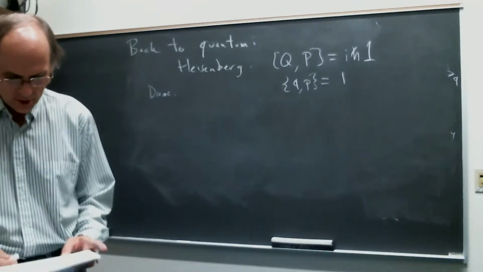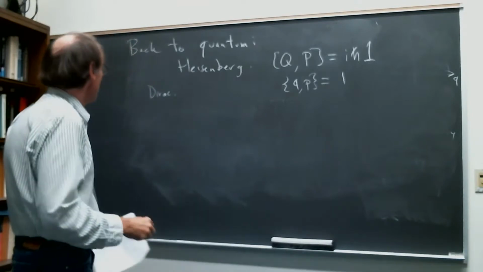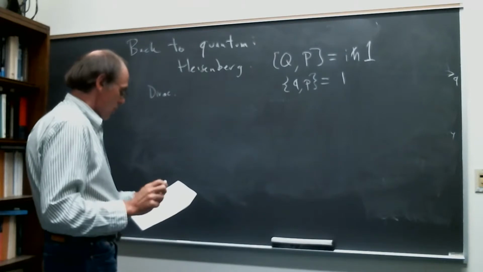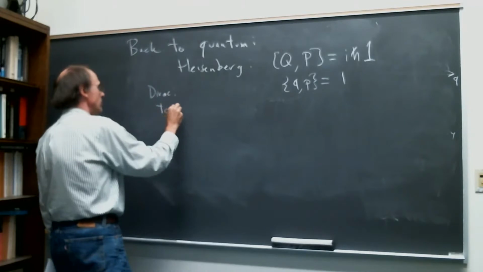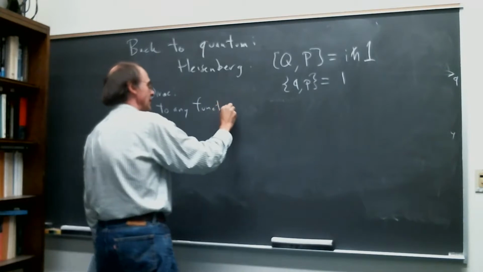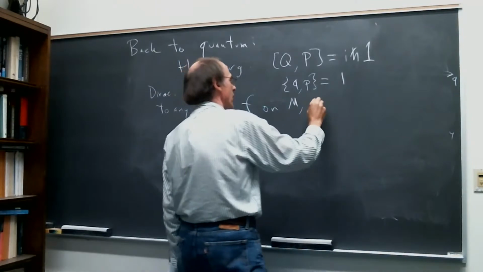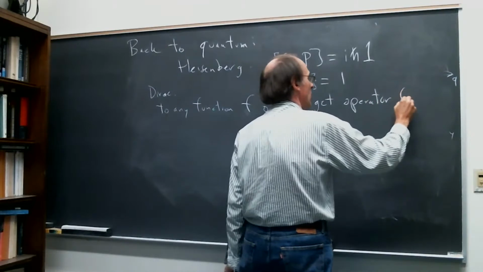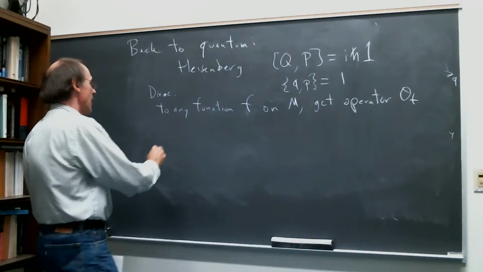So Dirac's idea really was that to any function f on M, you should get an operator corresponding to it, and that these operators are going to satisfy,